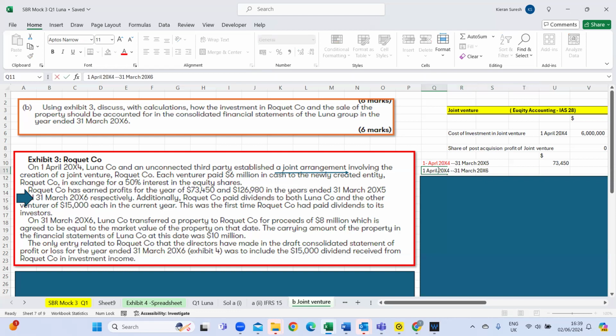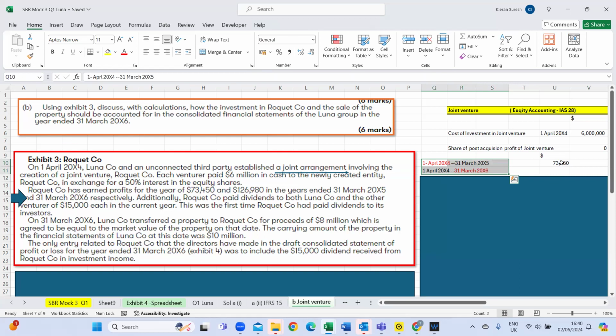Now, if I just highlight this date and show you the importance of this date, if you look at the reporting date, it was 31st March 2016. So now we know this is the post-acquisition period, right? This is the post-acquisition period. This was the date I invested. This is the current reporting date. So all I need to know is what amount of profit this joint venture entity made since